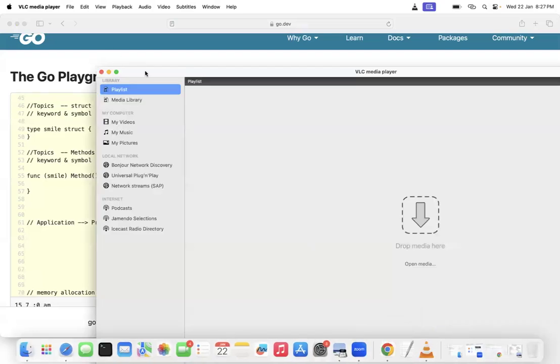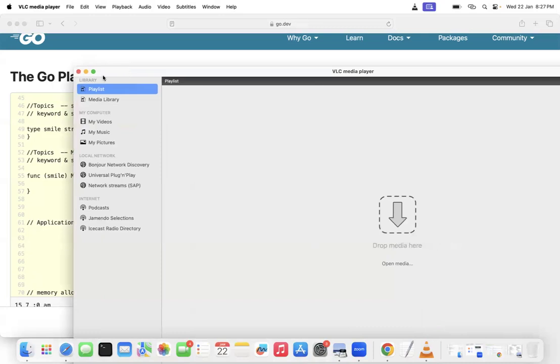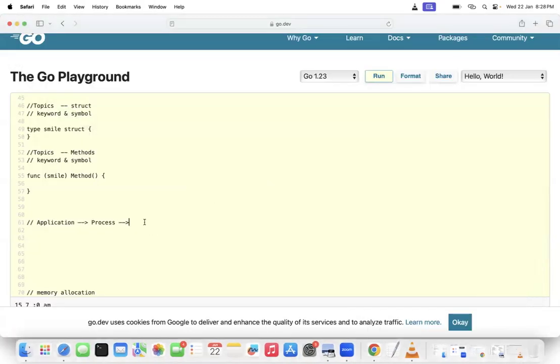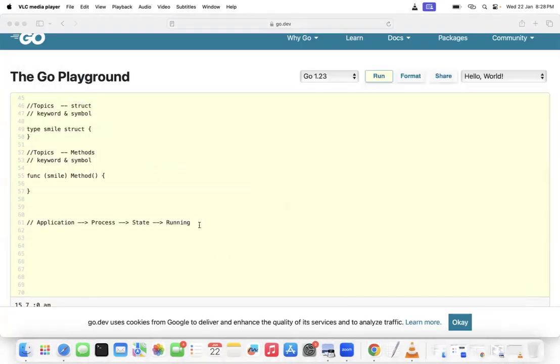Now, what exactly is Docker or Kubernetes? Let me tell you. Currently this application is running, right? So what is the state of the application? The state is running. Now, if this application is terminated, or let's say if this application is suspended, then